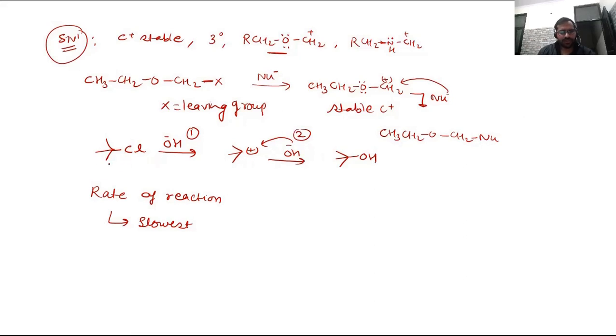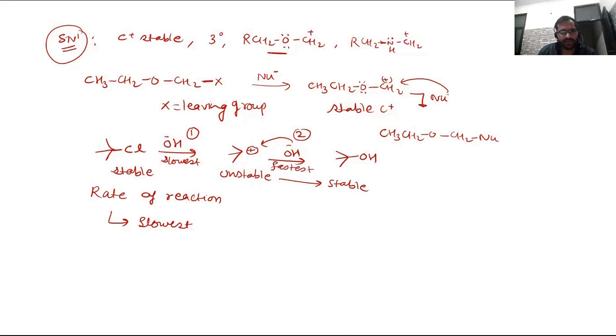If we look into this compound, this is a stable compound, and this intermediate, the carbocation, is unstable in comparison to it. And again, the final product is stable in comparison to this unstable carbocation intermediate. Because we are moving from stable to unstable, it means this is the slowest step. That means cleavage of the C-Cl bond is the slowest step, and here we are moving from unstable to stable compounds. So the attack of OH minus will be fast here.